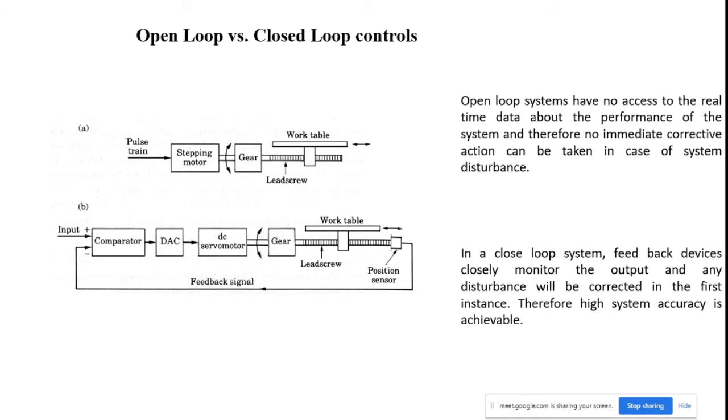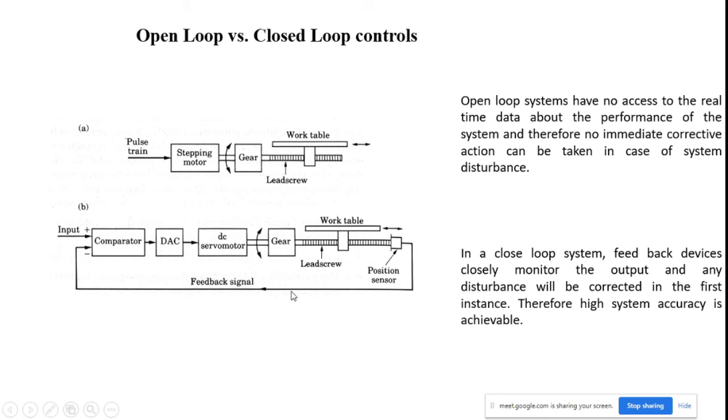For example, if you are getting any disturbance with audio level or video level and you give me that data, I can adjust, but the system does not adjust, it only accepts what is available. That is what happens with the open loop system. And then what happens in the closed loop system? The comparator, digital to analog converter, DC servo motor, gear, work table and position sensor are available, and based on the position sensor you can collect the feedback signal from the system.